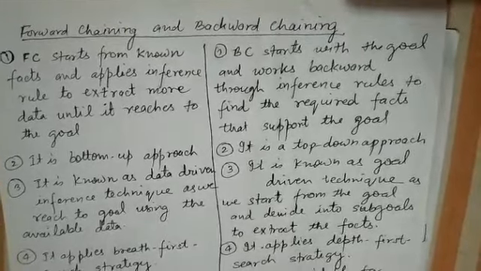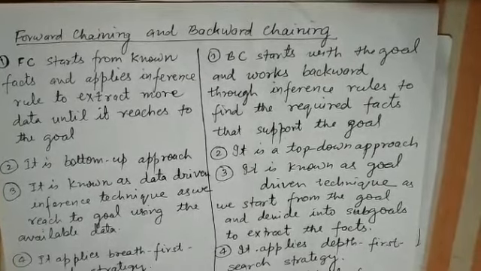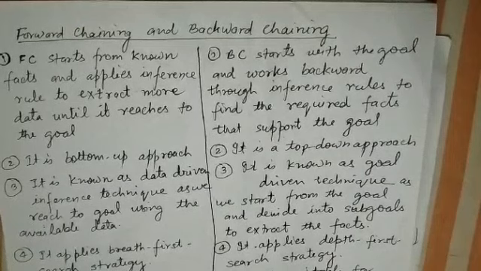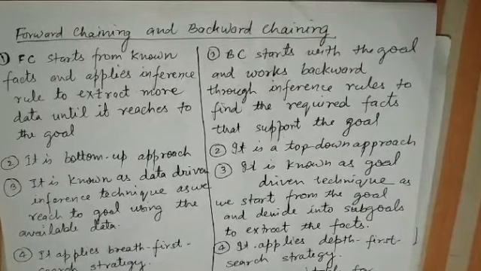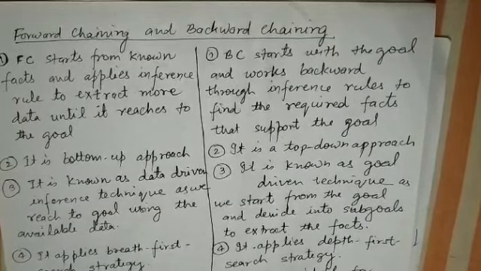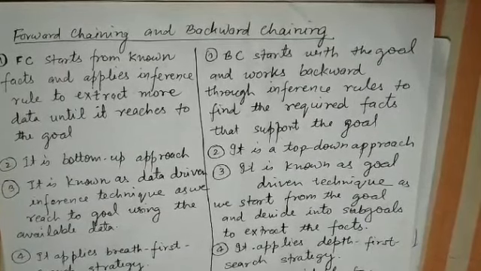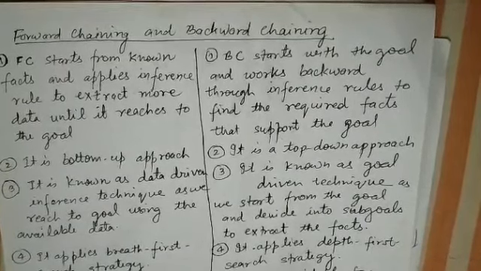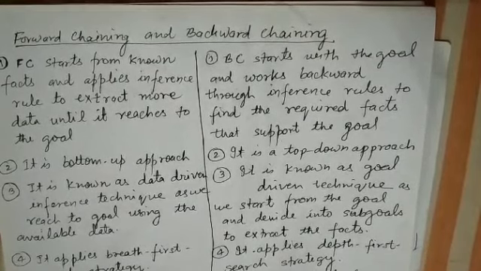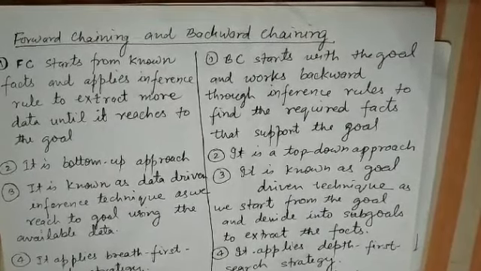So, hello friends. In our previous lecture, we have seen the various knowledge representation and reasoning methods available in artificial intelligence. In logical representation, we have discussed propositional logic and first order logic, that is also called predicate logic. And for other representations, semantic nets, frames, conceptual dependency. So all these things we had discussed in our previous lectures. Today we will discuss forward chaining and backward chaining.